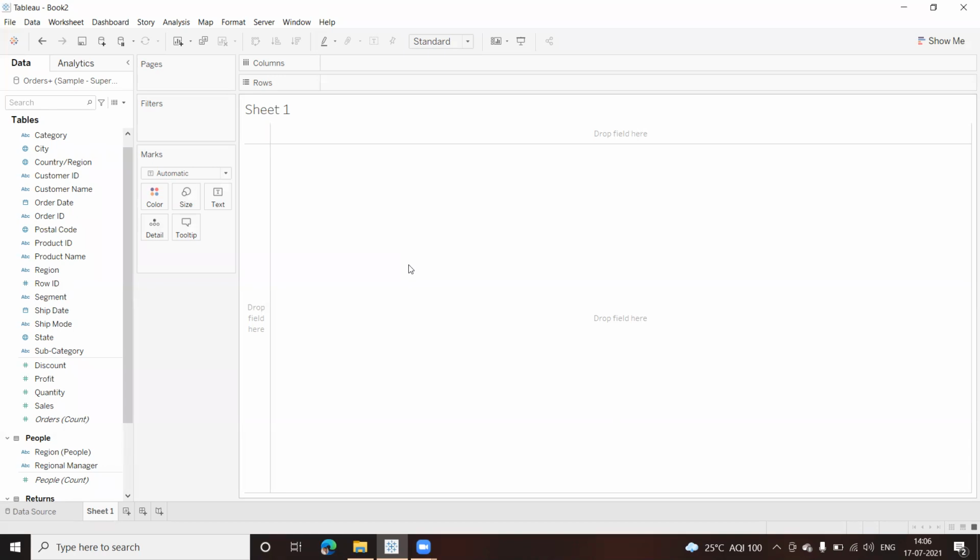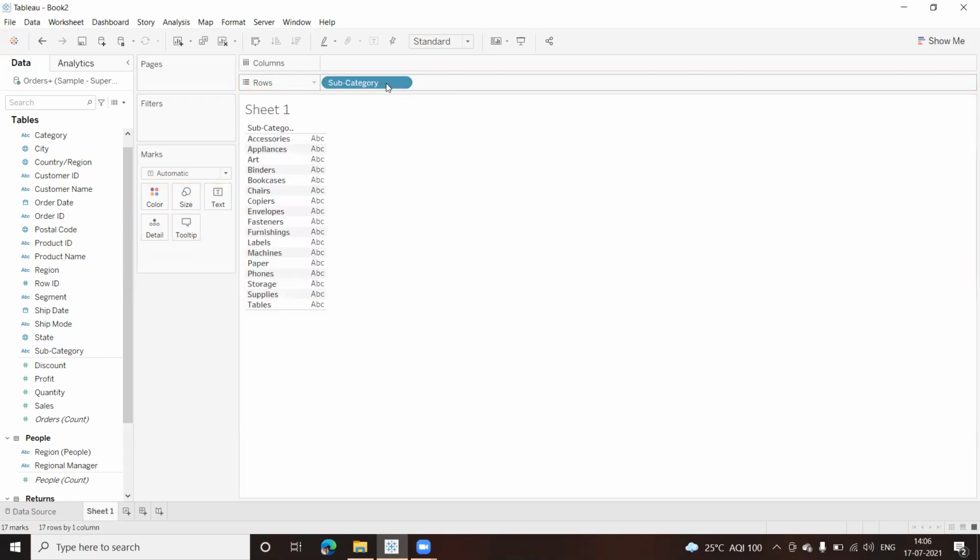So first of all, I'll pick up the Sub-Category and put it in the rows. I get this, right? Let me increase this a bit so that I'm not going to change the fitting from here. I'll just change it from here.